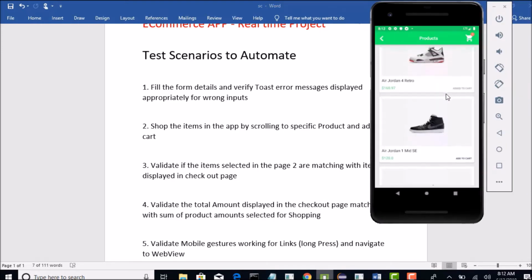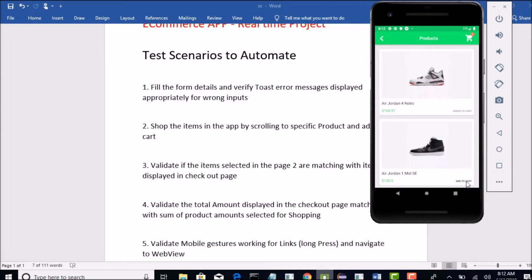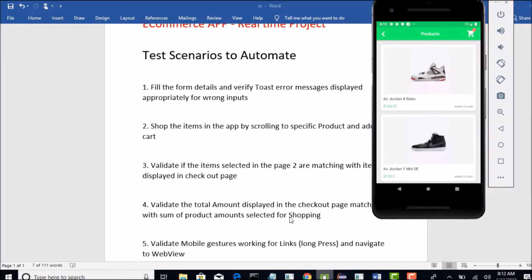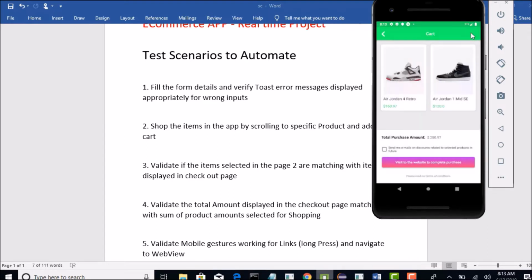So basically when you select multiple products, because the sum of total will actually be calculated only when you have multiple products. When you do add to cart, so 160.97 and 120 are displayed, right? Now verify that the sum of these 2 amounts matches with the total purchase amount. That is your requirement.